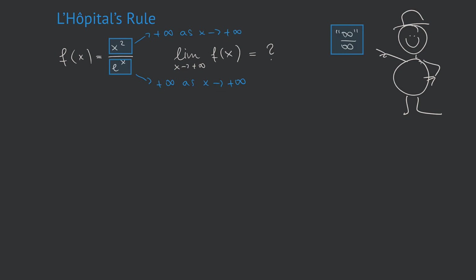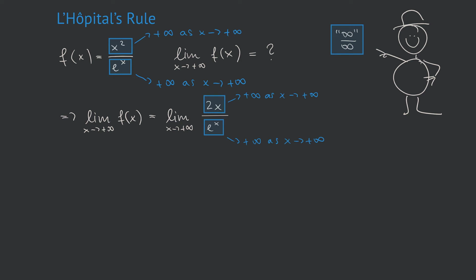Applying L'Hôpital's rule gives us that the limit of f of x when x tends to positive infinity is equal to the limit of the quotient of the respective derivatives, which is 2x over e to the power of x. However, if we now try to follow our standard procedure, that means to once more look at the components separately, we find that still both the numerator and the denominator go to positive infinity. So obviously we still can't find the limit with our standard procedure, and we need to apply L'Hôpital's rule